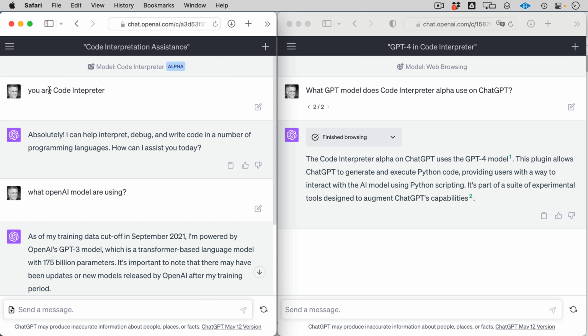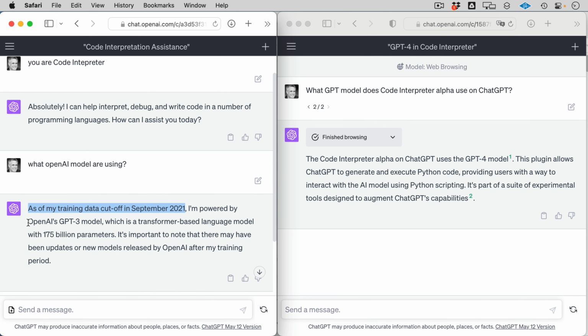However, if you ask Code Interpreter itself, it tells you that default response based on its cutoff, it is based on the GPT-3 model, which at the very least, it's going to be the 3.5 model. So I'm not sure how much we pay attention to that. I actually did web browsing, which really I just saved myself from Googling.